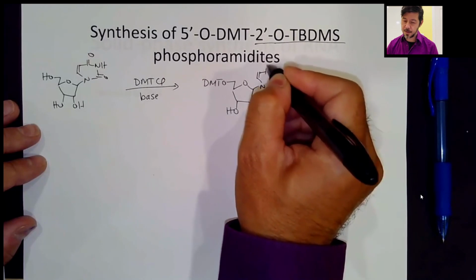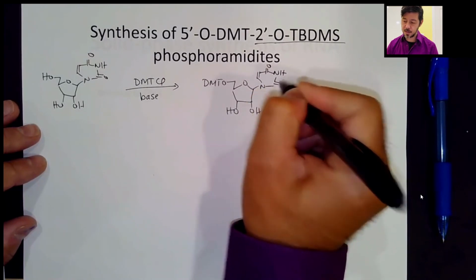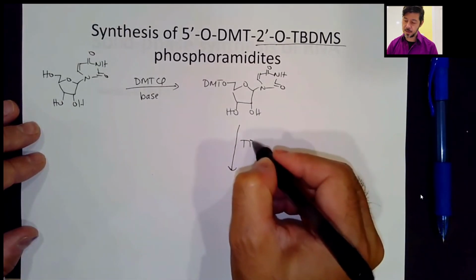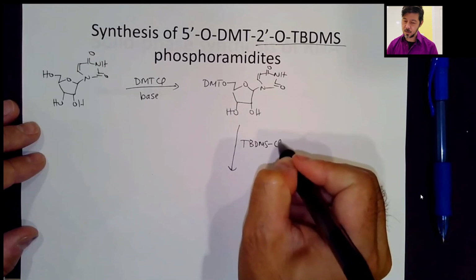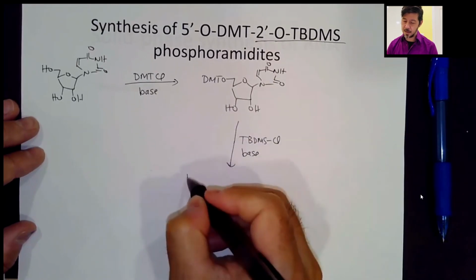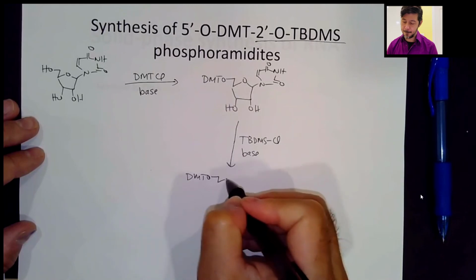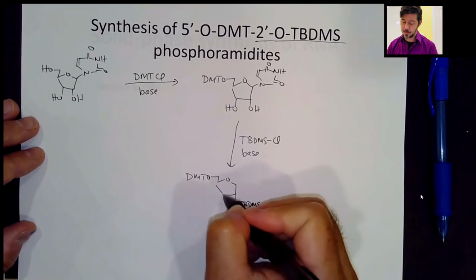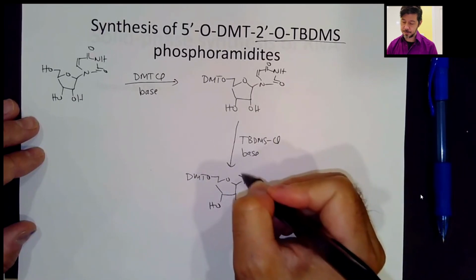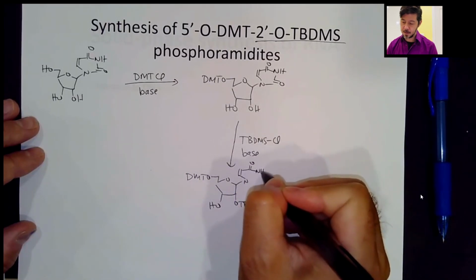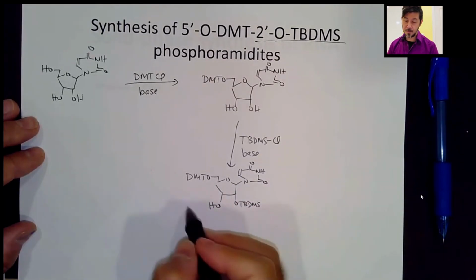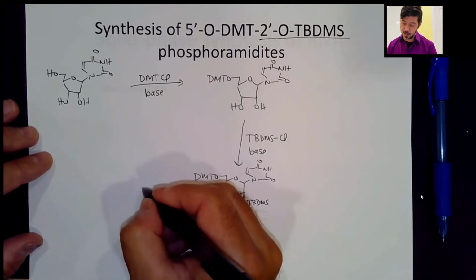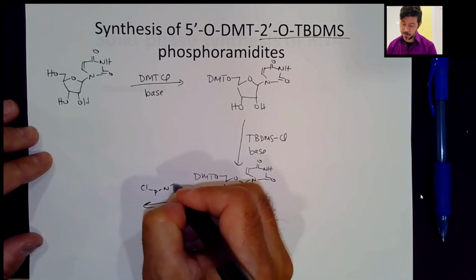And then before we make that phosphoramidite, we need to protect the 2' hydroxyl group. We do this typically with TBDMS chloride and base, and then we can get this compound here. And then once this is made, we can create that phosphoramidite just like we had done previously. So we can take our chlorophosphoramidite,